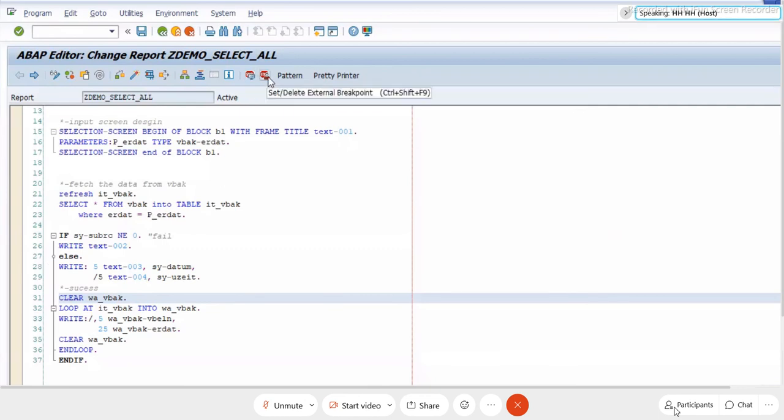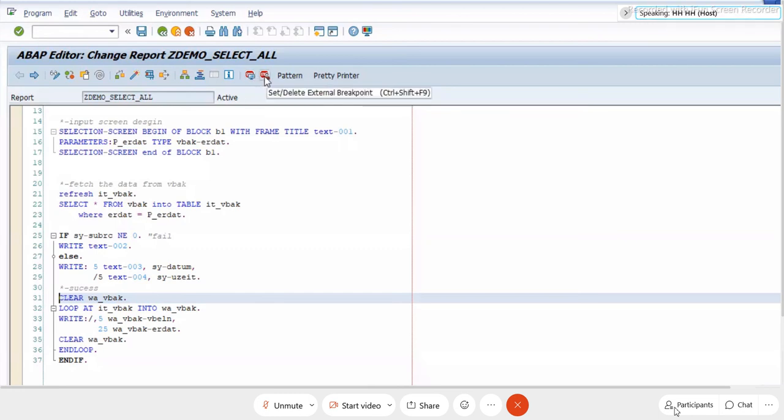The external breakpoint: our SAP will not always run only from ECC. The SAP system can also run with other SAP systems like CRM, SRM, BW, which are all separate boxes. There will be some connection from those as well. We write a program here and pass the data to that system. Now we have to debug from the CRM or SRM system, or sometimes we have to debug our program from a Java or .NET system. At that time the session breakpoint will not be useful for us, so you need to use the external breakpoint. That is the difference between the session breakpoint and this one.